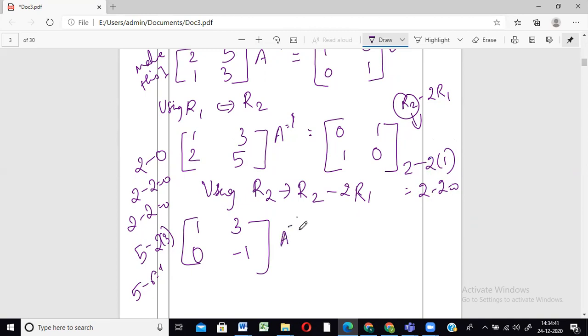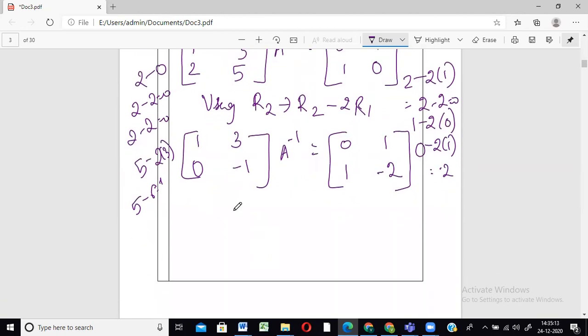Okay. Now the same thing for this matrix as well. R1, no change. R2 will be R2 minus 2 times R1. So that's nothing but 1 minus 0. So that's same as 1. Next thing, R2 minus 2 times R1. So that's equal to minus 2. Alright? Okay. Now this is done. Now we have to deal with these two also. Okay. So after this, now what we are going to do is we will make this one.